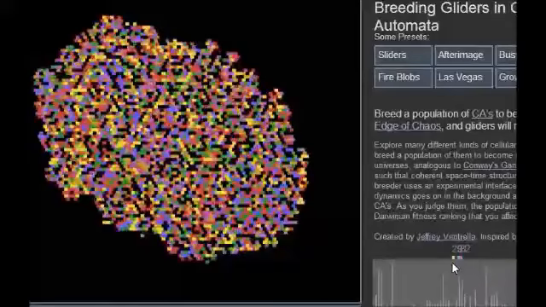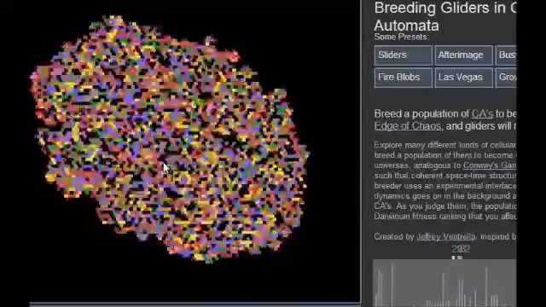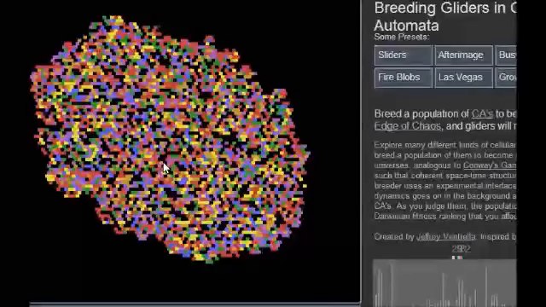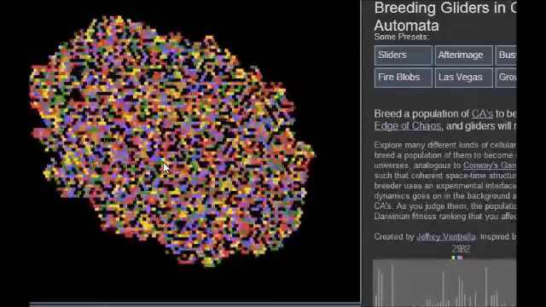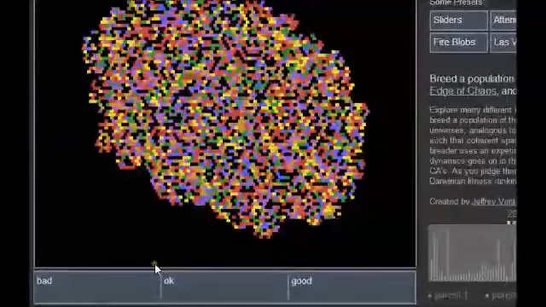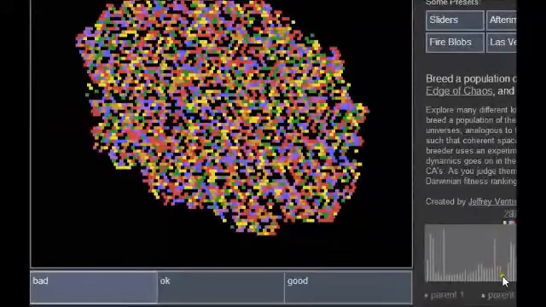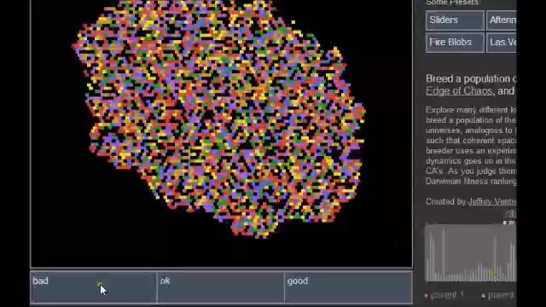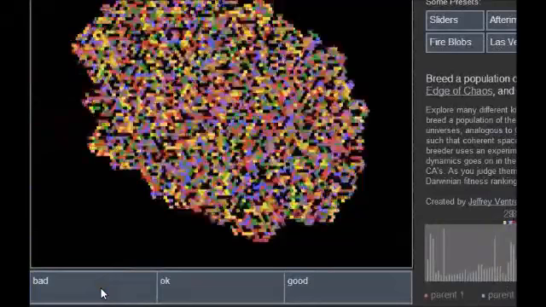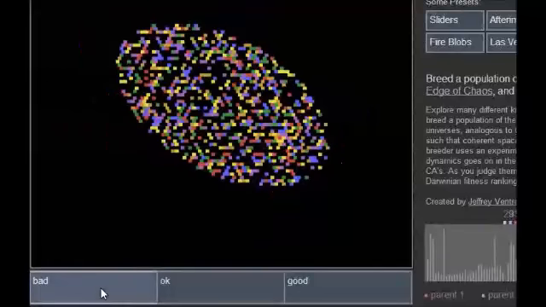Now, this particular cellular automata space that's going on right now, you can see it's just kind of a chaotic thing. It's expanding. There isn't really much interesting about it. So I'm going to go down here and pick bad. Now, if you watch this spot underneath the yellow where it's almost at the bottom already, when I click on bad, it's going to select new parents for that same offspring location,